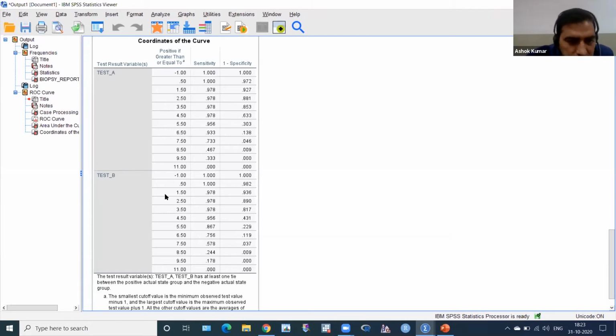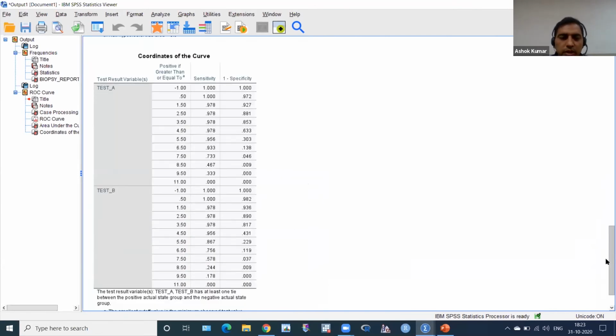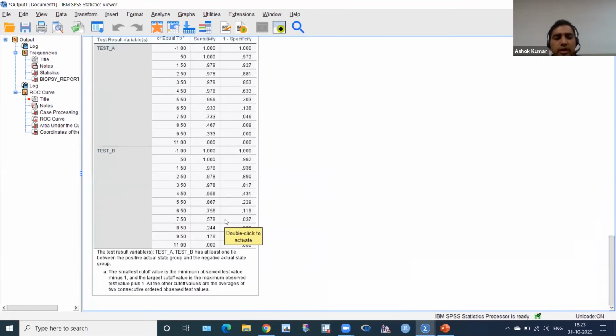You have to think about test B, and please think what is the cutoff value. I think you will get it. Then you have to think about test B, what is the cutoff point. If you have time you can type in the chat box, otherwise you can think, what will be the cutoff value of test B. And we know test A is higher than test B, I think. Okay, test A is higher than test B. I forgot. Test A is higher than test B, but maybe the cutoff value may be up and down, there is no problem.